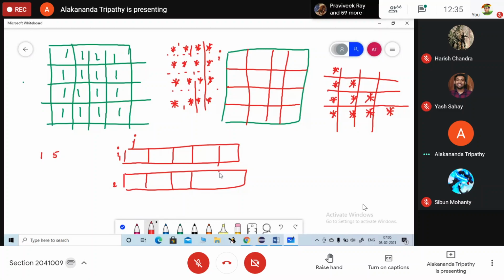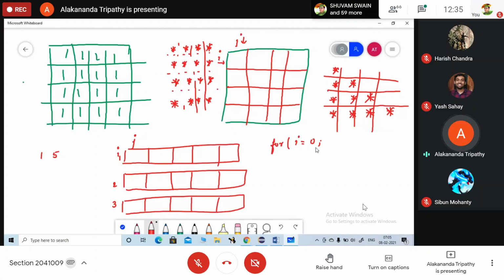So we are going to use a loop: for i equals 0, or you can go with i equals 1, i less than 5, i plus plus, and take i less than 4 if there are 4 columns. So how many rows will be there?